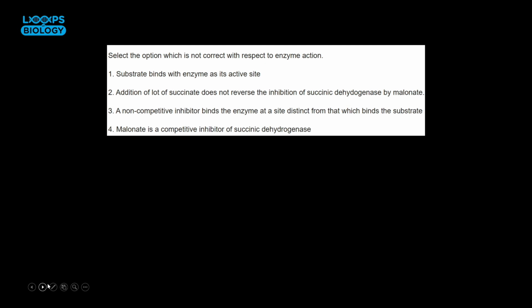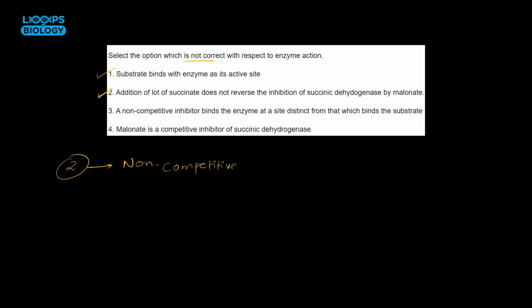Alright. You must not have come across this in a book, but you have to be very well versed with this type of question because that can be asked inside a NEET. The substrate binds with enzyme at its active site. Yeah, it is a right statement. Which is not correct, we have asked. Addition of a lot of succinate does not reverse the inhibition of succinic dehydrogenase by malonate. Yeah, this is a right statement because the statement 2 is talking about